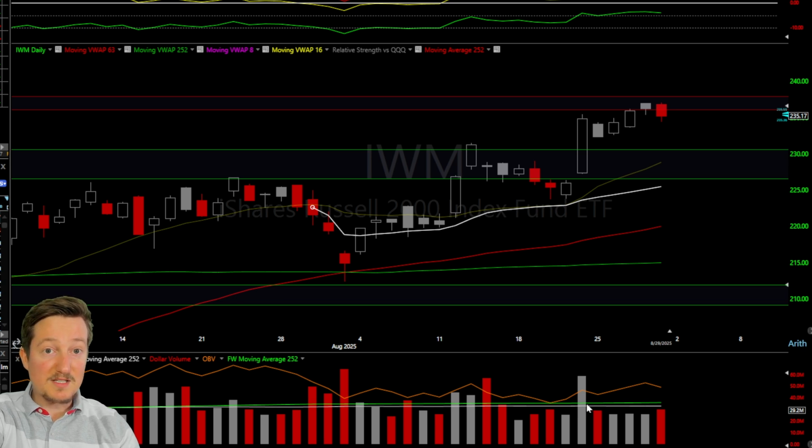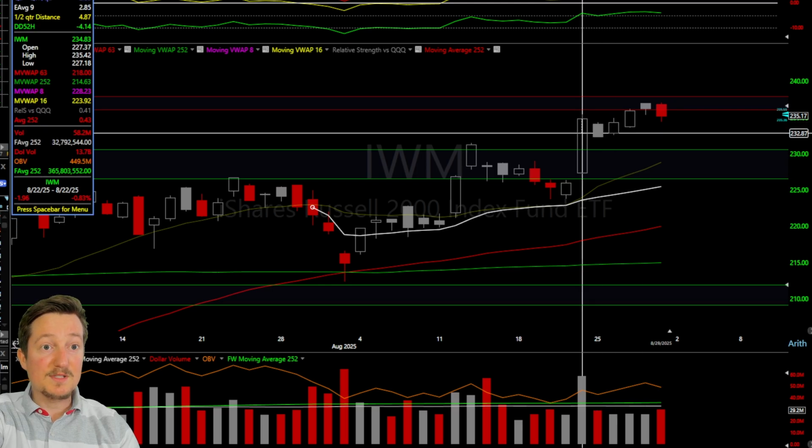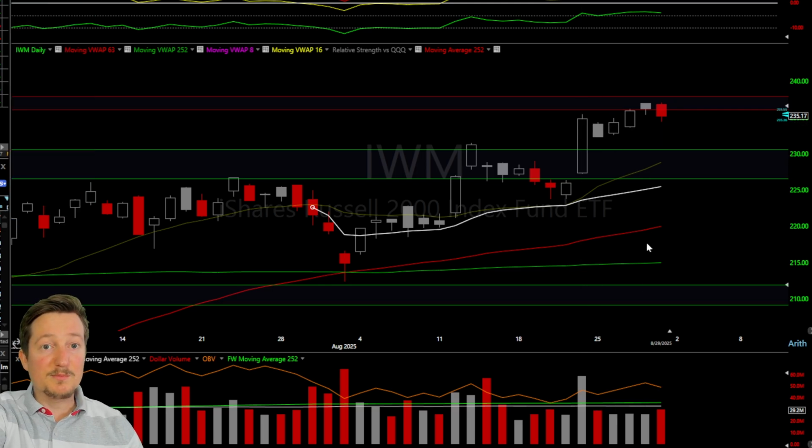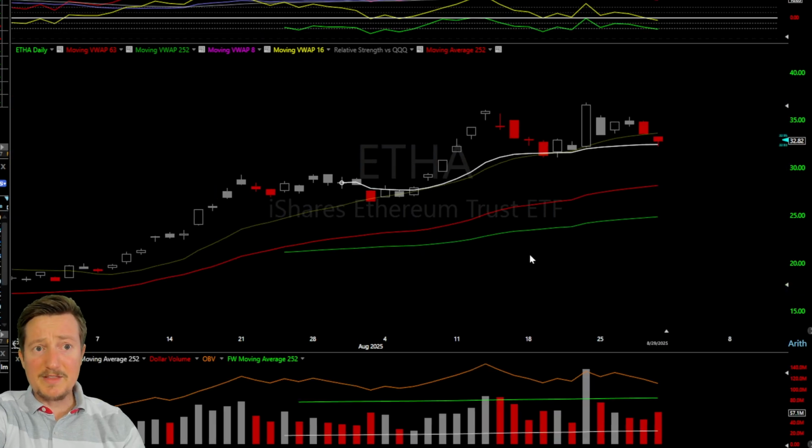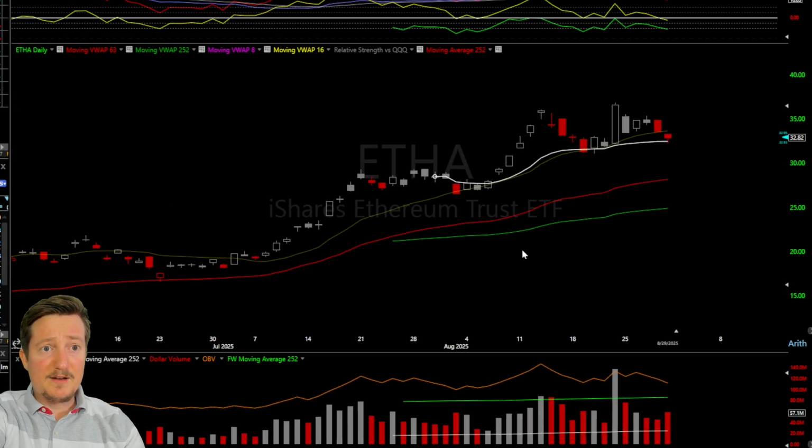Breakout volume, nice breakout candle into this level. And then we're kind of holding at the highs of this candle. Super easy, super simple. And then our last market I want to take a look at is Ethereum. Ethereum is much, much stronger than Bitcoin. As we saw before, Bitcoin's breaking down out of a nice sideways action, and Ethereum is pushing highs.